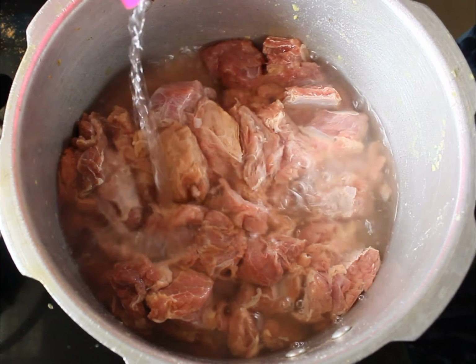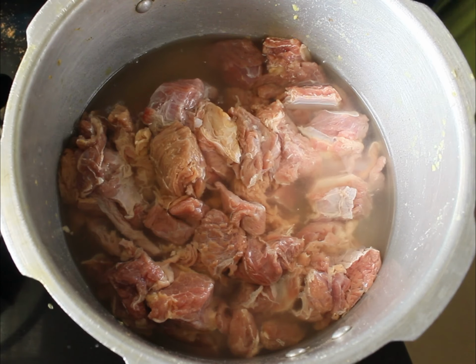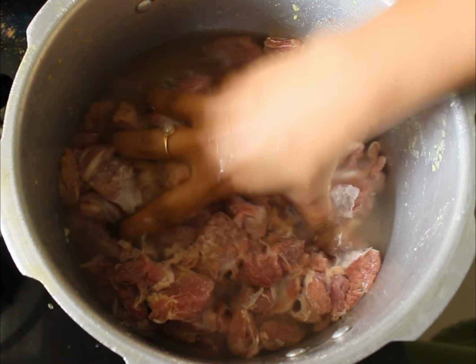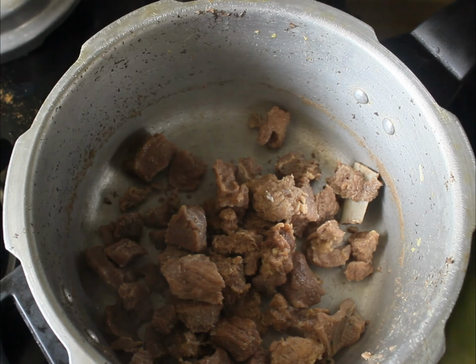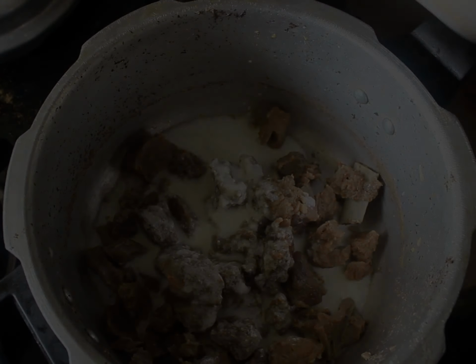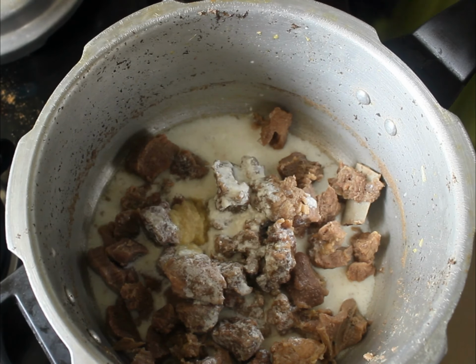Adding around half a liter of water, that is 500 ml. Let it cook for around 2 to 3 whistles under pressure. So after 2 to 3 whistles, I have taken it out, drained the water completely, adding this again into the pressure cooker. Along with this I am adding around 100 ml of curd, 1 teaspoon of ginger garlic paste, salt